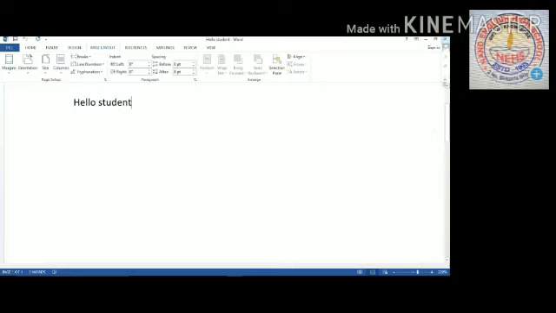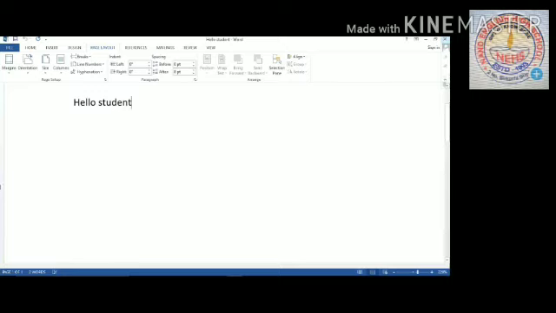Ribbon is displayed just below the title bar. It contains the tabs and commands divided into groups. Children, look at page number 58, ribbons. There is a group of commands. Okay, just paste. In this group, cut, copy, paste, and font. Here is font type, font style, etc. So in the ribbon, there are commands divided into groups.